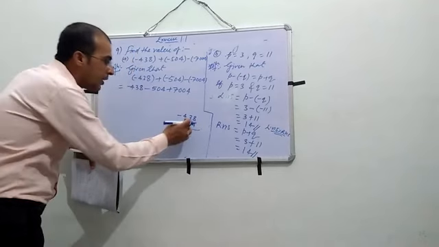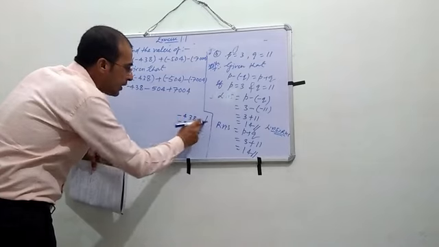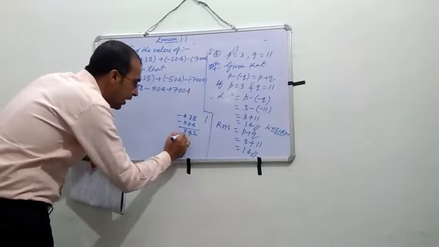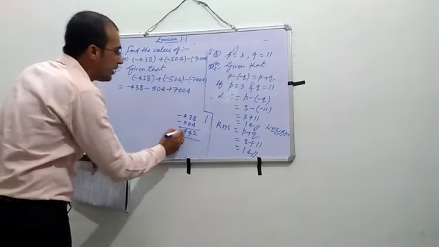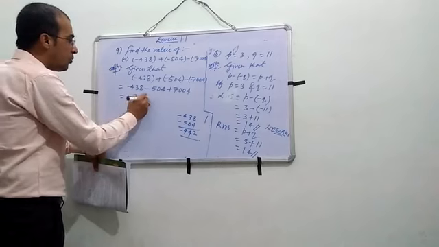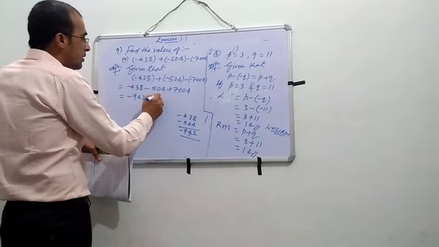Simply you will add: 8 plus 4 equal to 12, carry 1, 3 plus 0 and the carry, that is 4, 4 plus 5, that is 9, and the sign will be negative. So the result is minus 942